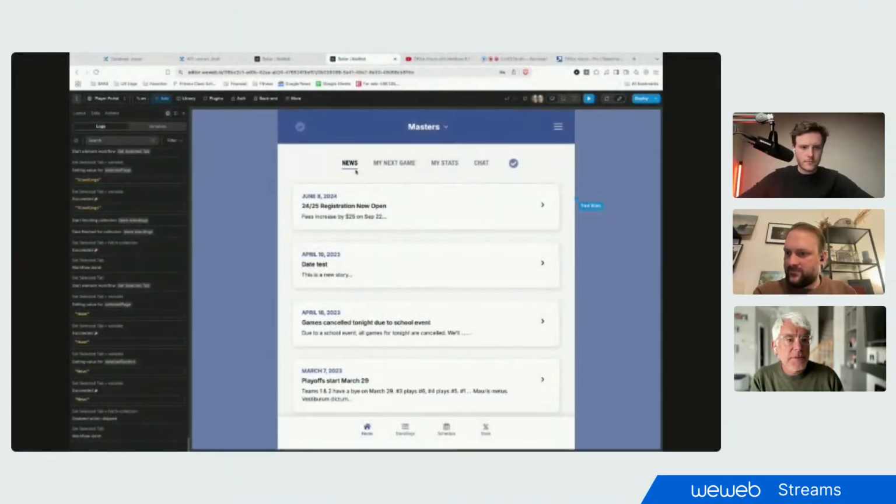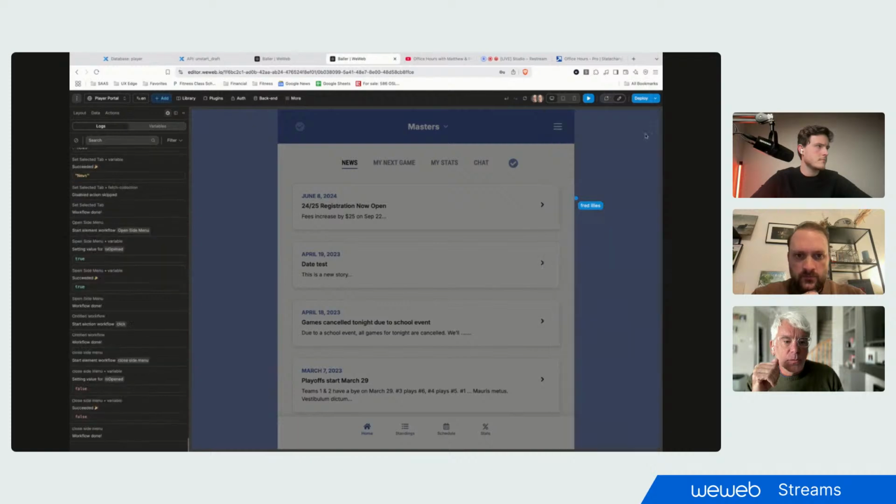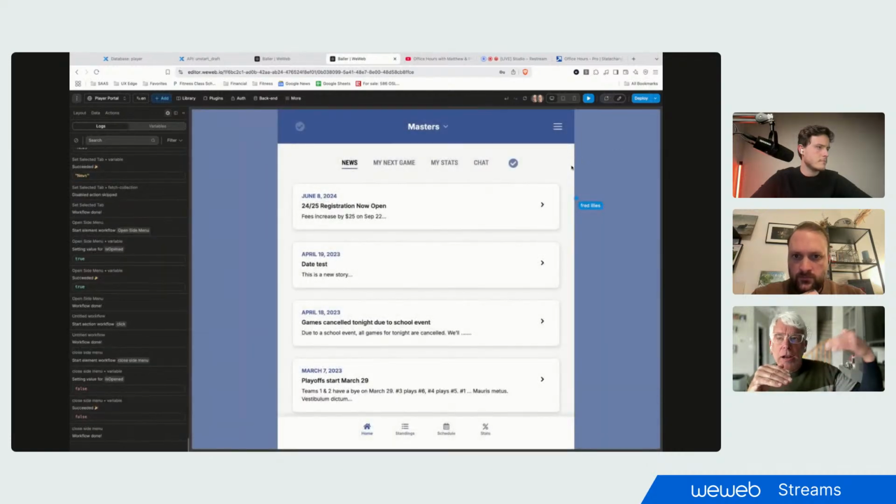Okay, let me just share my screen for you. Okay, you can see my screen okay? Okay. Perfect. Yes. So here's what my issue is. I have a menu that has an item in there that I click. I want it to run a workflow. The problem I've been having is when I click that item in the menu, in this case the draft button, it runs a workflow and it automatically forces the user to re-log in,